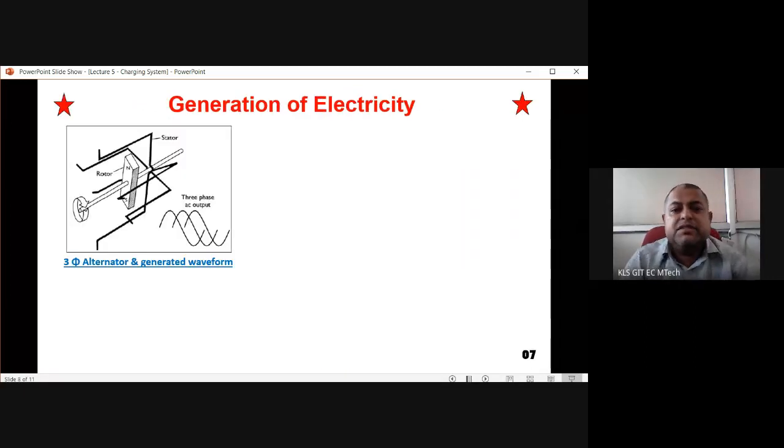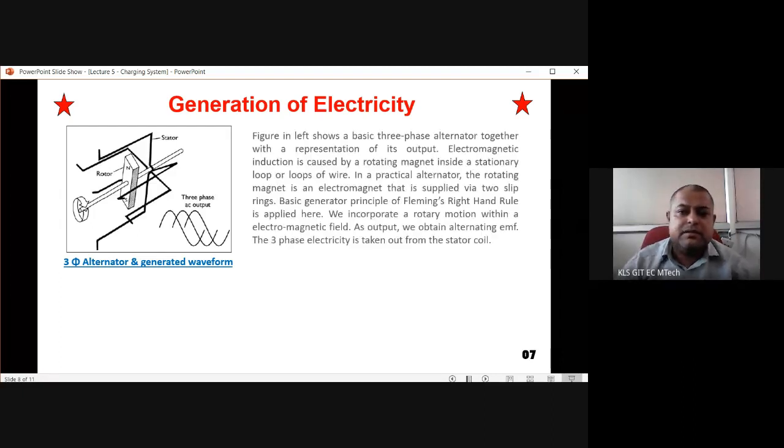Okay. Now the generation of electricity. Those who are from the electrical field have already seen it. So the stator is there. The stator has different kinds of winding. It can have stator winding of star type or stator winding of delta type. Okay, so the figure on the left shows a basic three-phase alternator. So 3-phase means three-phase. Okay, R, Y, B are there, and these are the phase relationships between the three phases. They are all 120 degrees apart.